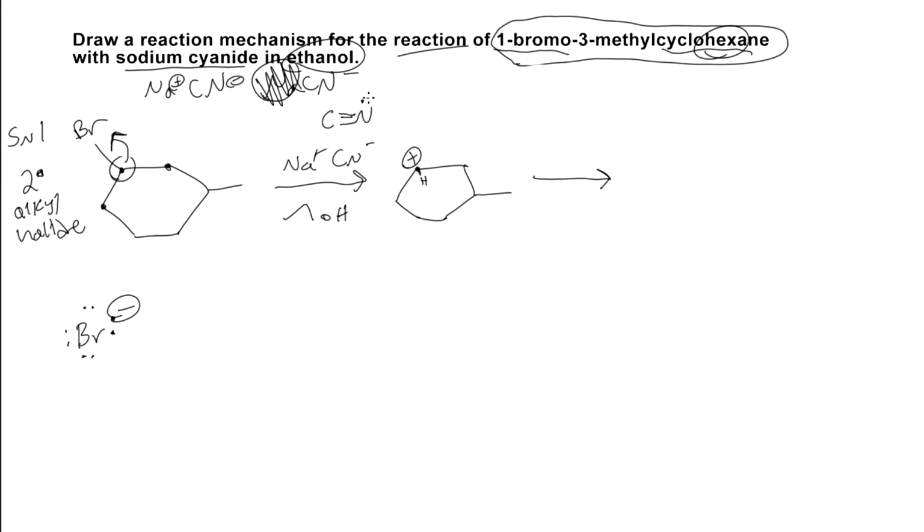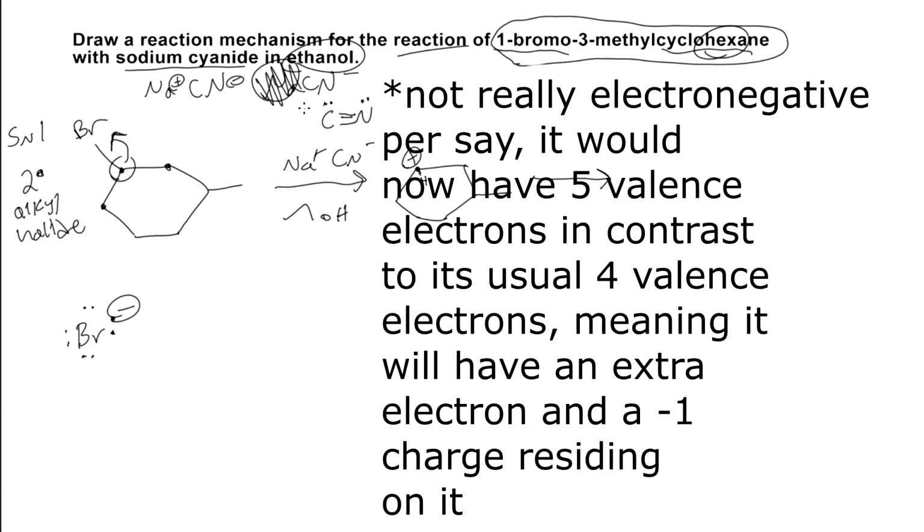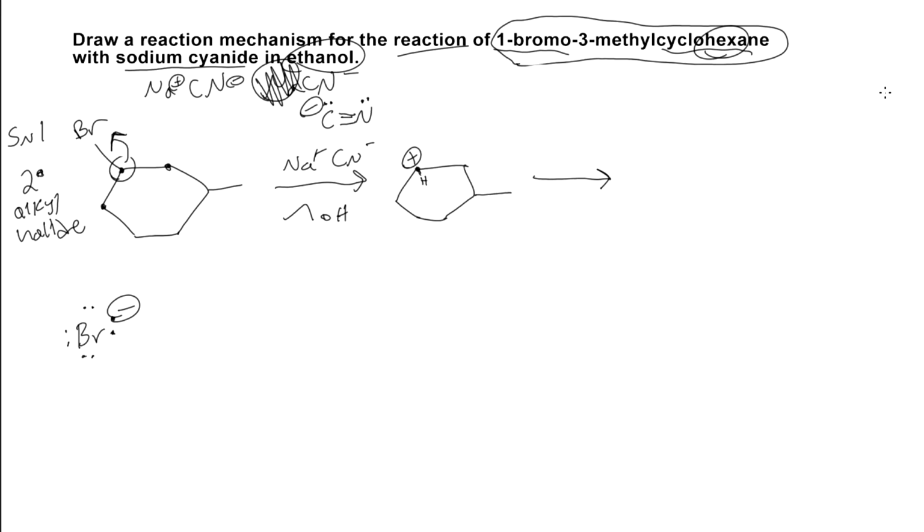from here go ahead and fill in our electrons, and the carbon is going to be more electronegative than the nitrogen, so the negative charge is going to reside on the carbon, and that is where our electrons are going to be coming from. So again, we have a lone pair of electrons that are going to be transferred off of the carbon right onto this positive charge, and what this is actually going to do is form a new bond